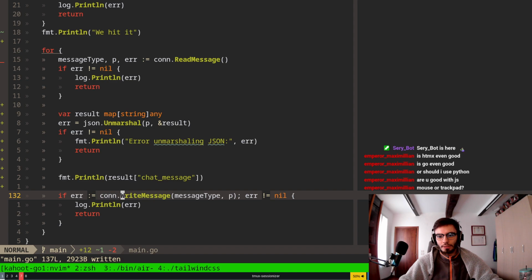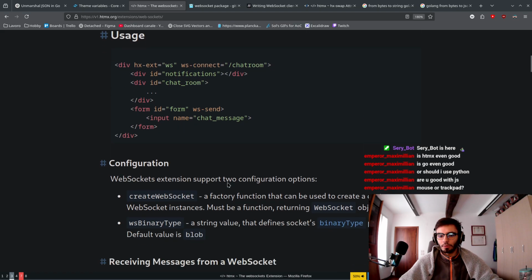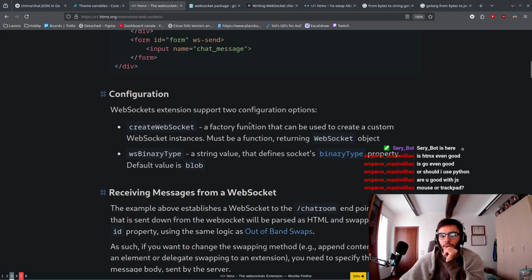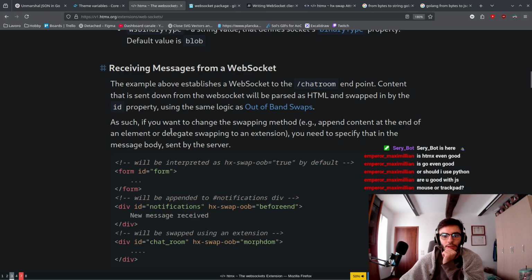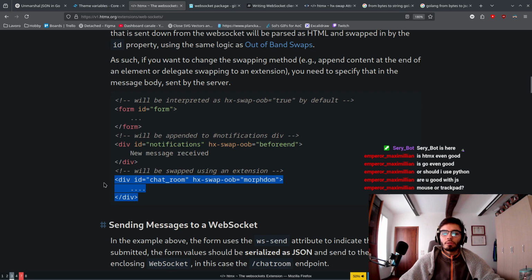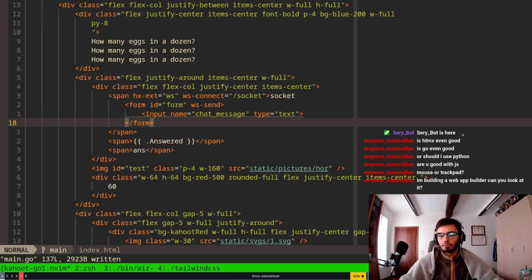So this does write my message, but how do I catch it? I think I should be taking a look at this. Okay, so form ID, chat message, input name, configuration, create WebSocket, use binary. Receive message, that's it. The example above establishes a WebSocket to the chatroom endpoint. Content that is sent down the WebSocket will be parsed as HTML and swapped in by the ID property using the same logic. All right, so that would simply mean that I just need to put here,